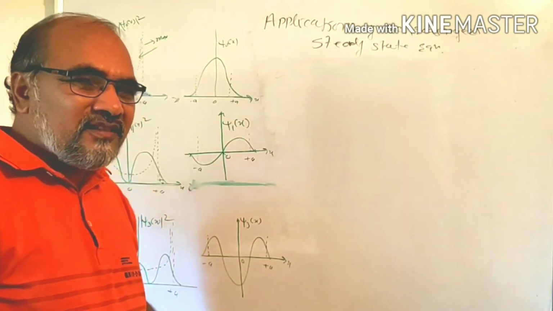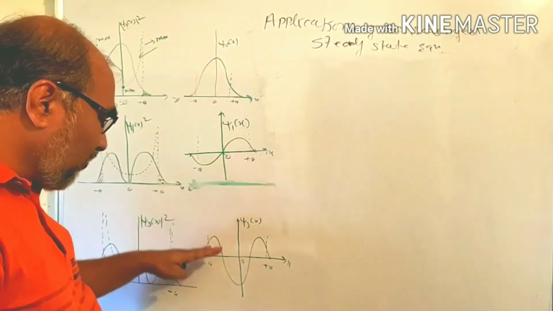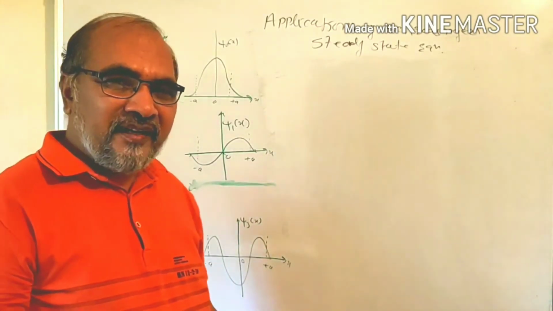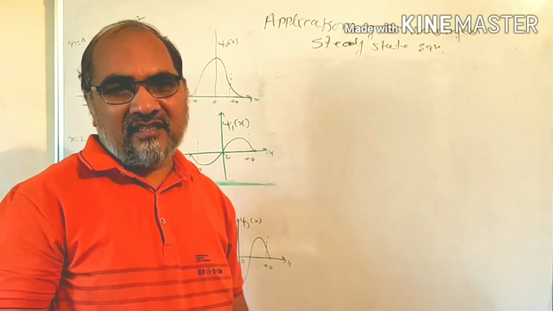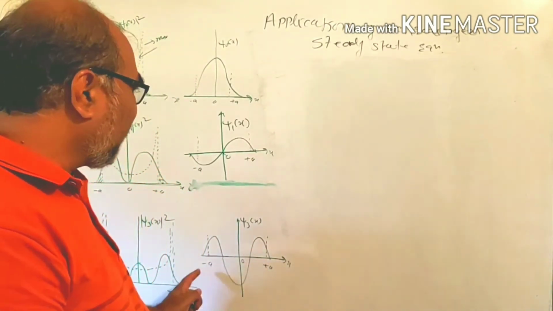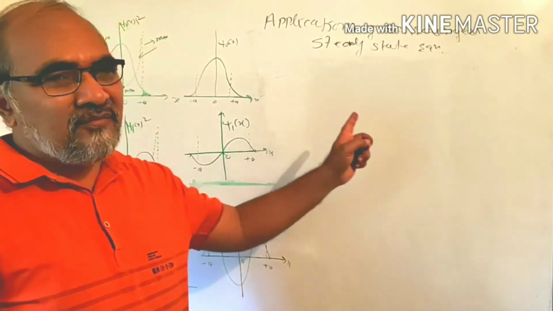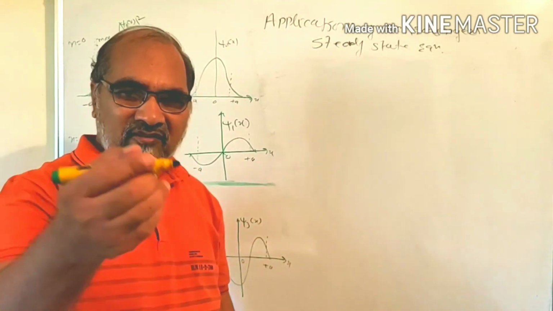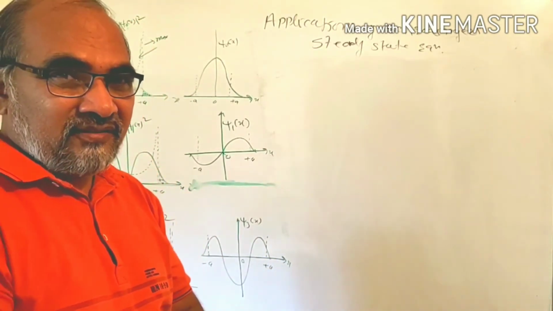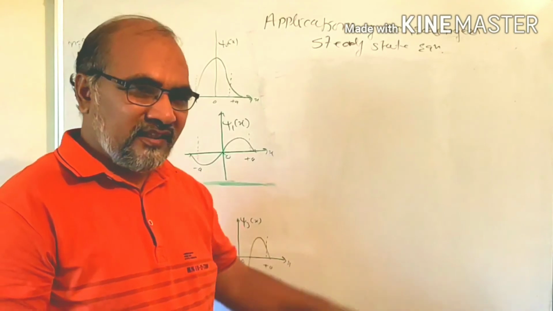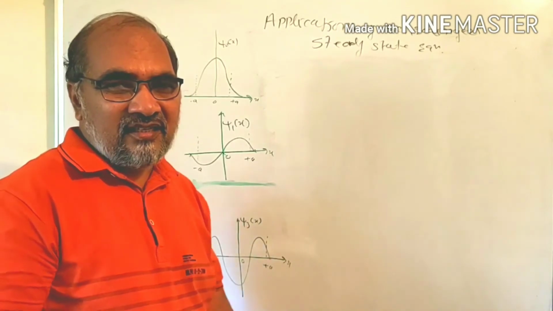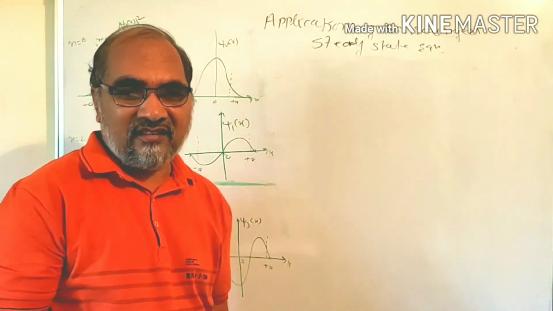The correspondence principle says that as this number goes on increasing, the quantum mechanical results give the classical results also. We'll find this out by taking the graph for n equal to a large number, say 10 or 16. In your textbook two examples are given, one for 10 and another for 16. We'll also draw it for n equal to 16, and see that the classical result and the quantum mechanical result are the same in nature.